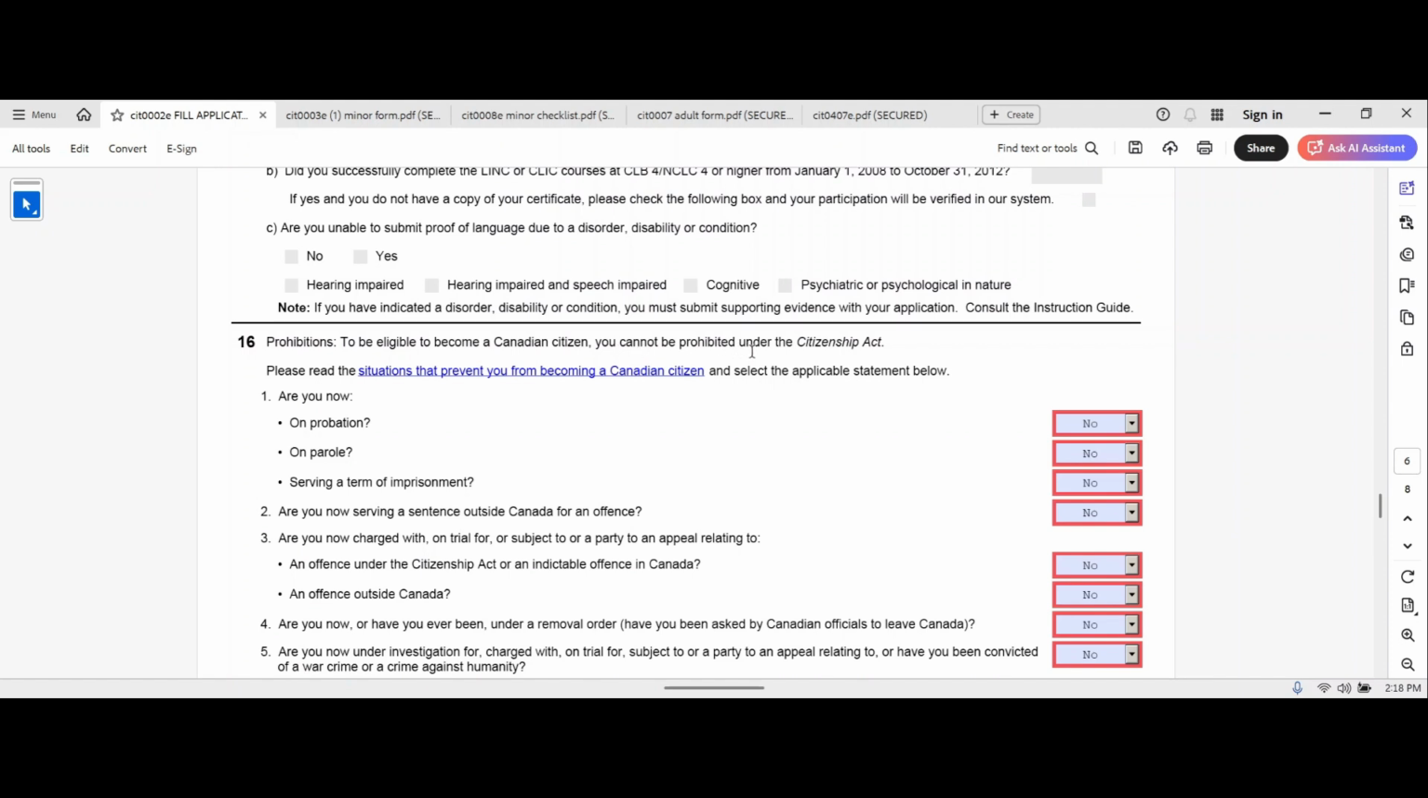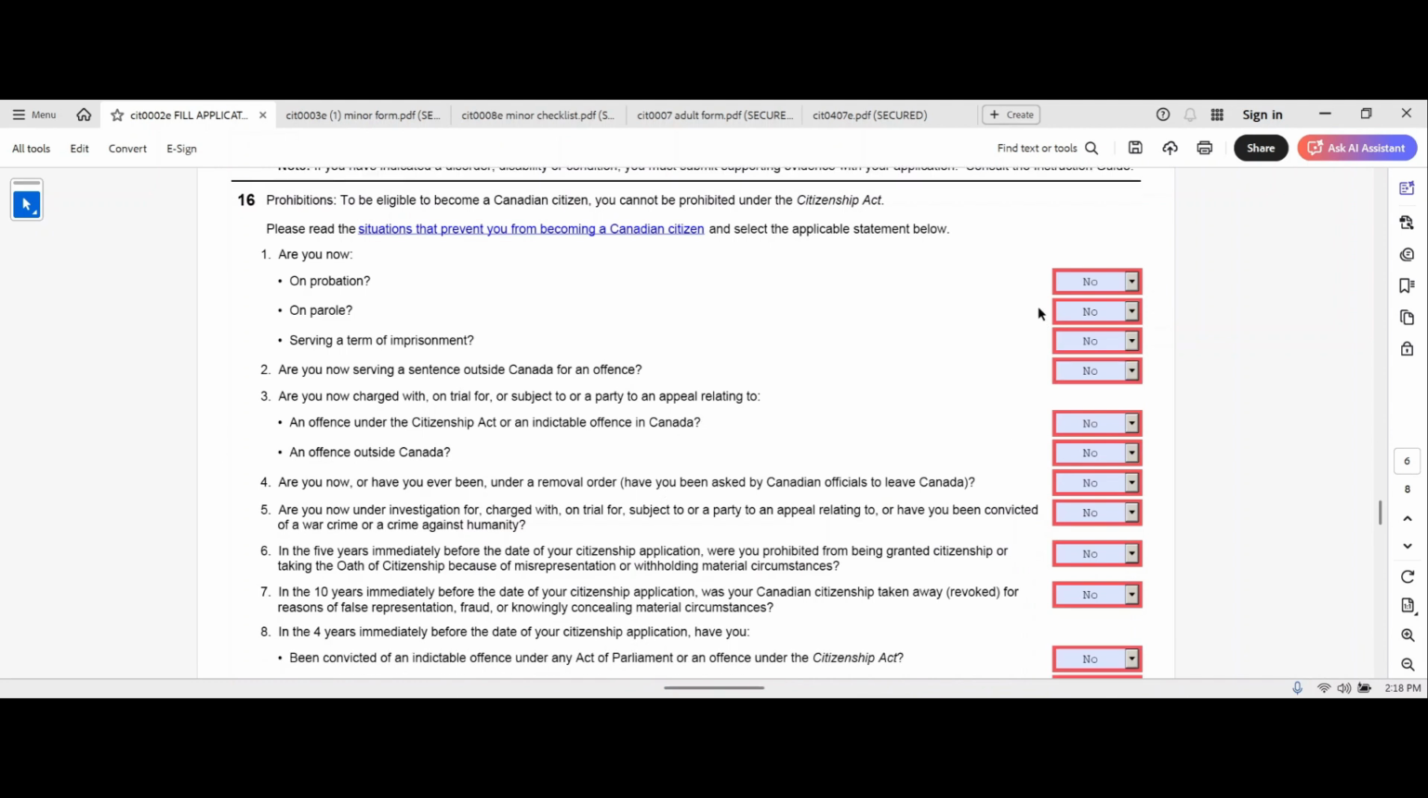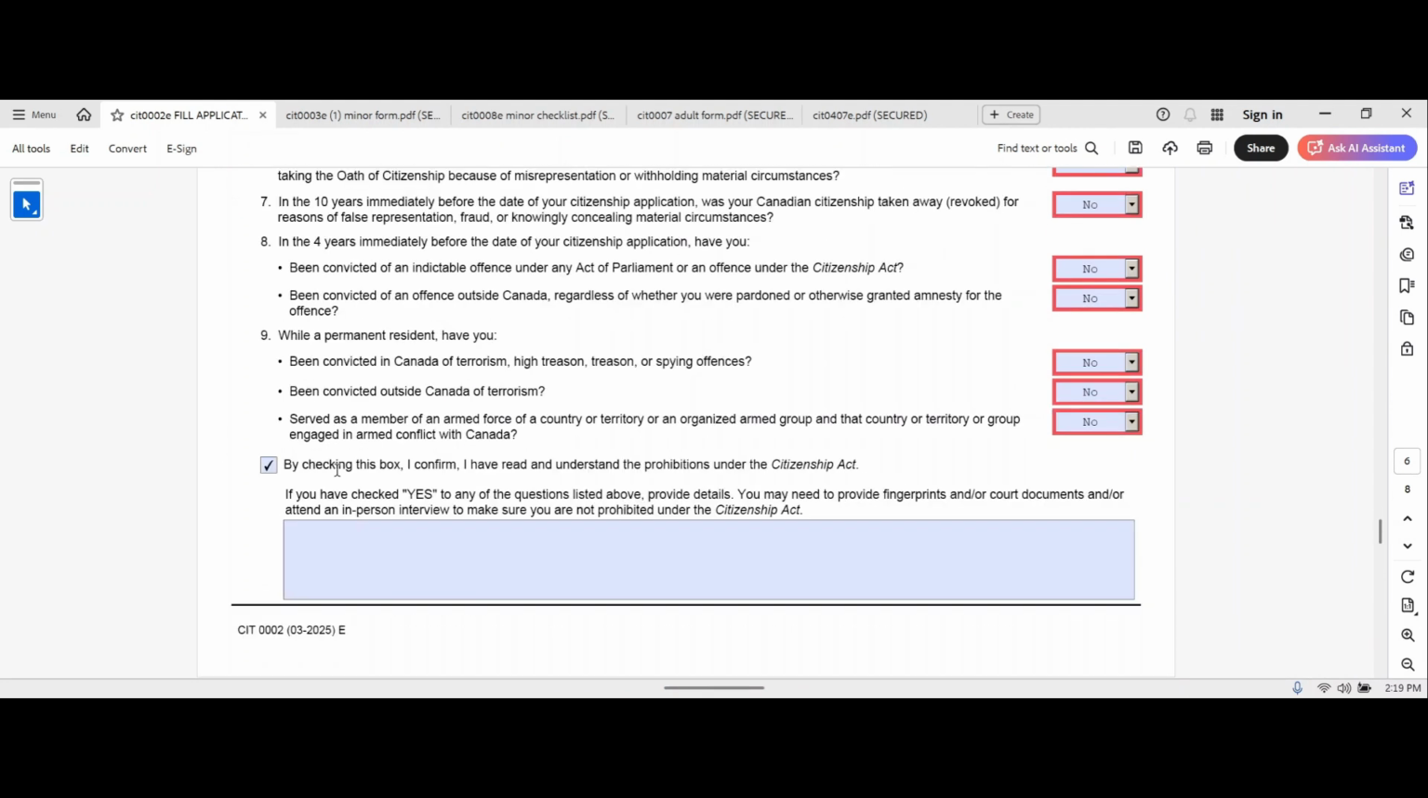You cannot be prohibited under the Citizenship Act. And you have to read all these questions, but in my case all these questions are no. By checking this box, I confirm I have read and understand the prohibitions under the Citizenship Act. If you have any yes about these questions, then you have to give here details about your question and give a fingerprint and court documents. Here you can see